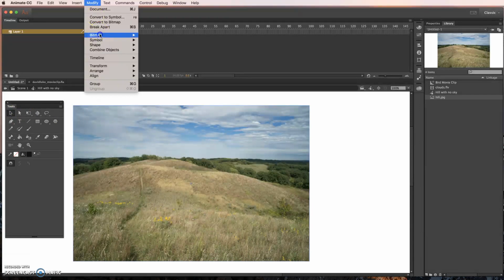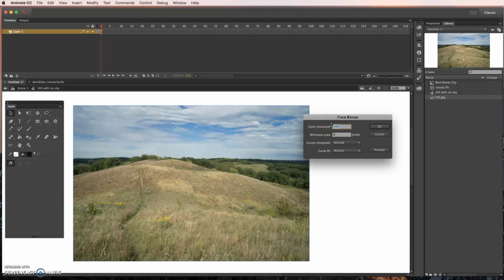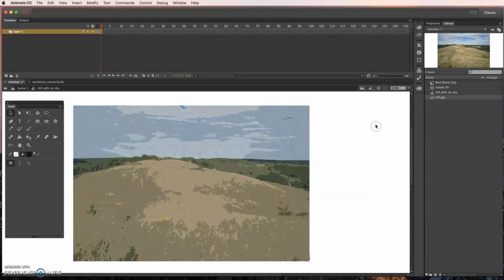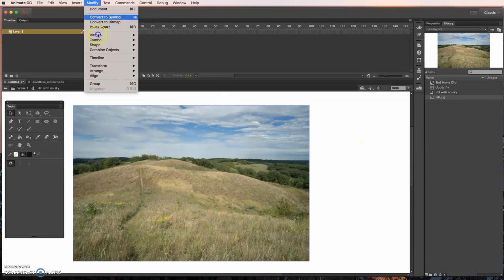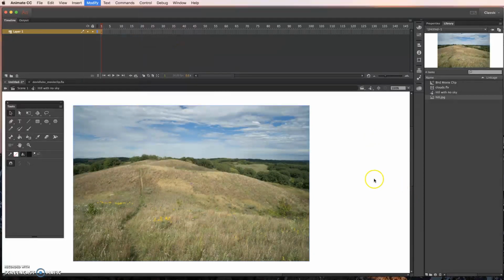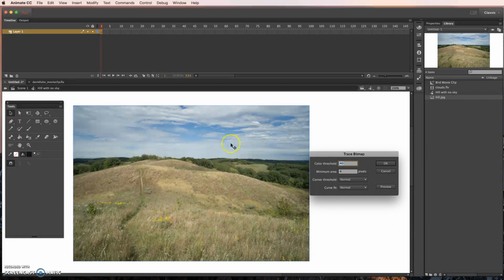So we're going to go to Modify, Bitmap, Trace Bitmap. I'm going to keep this at 100 and 800. What you're going to see is, well, let's change that. Modify, Bitmap, Trace Bitmap. I'm going to make this 40. Sorry, I just paused the video to figure out what was best for this. I'm going to make this color threshold 40, which has to do with how